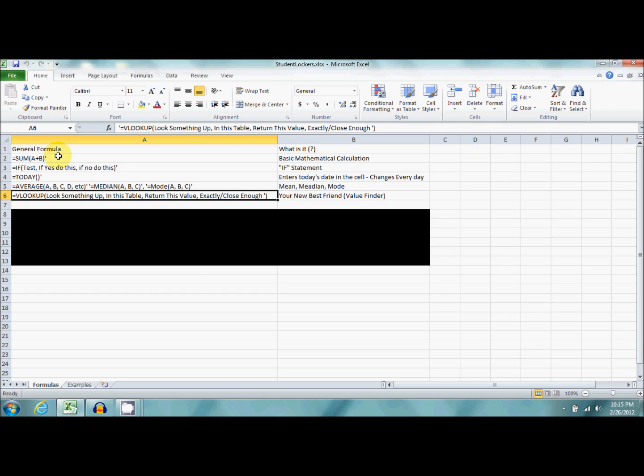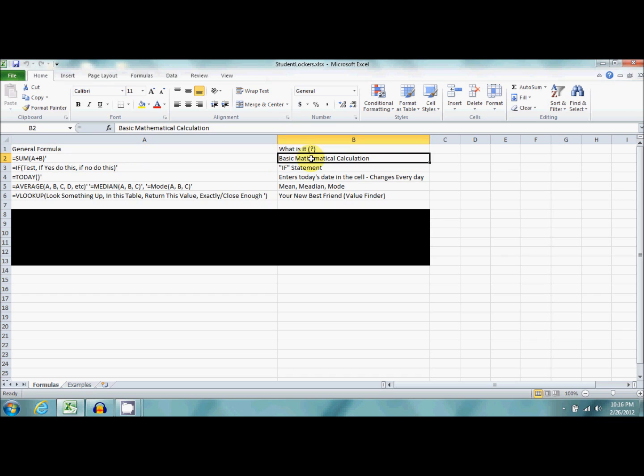Today we're going to be talking about 5 formulas that I've used in my daily work processes and some that I think you might be able to use in yours if you aren't already. To give you an idea, I've written down an example of the 5 formulas we'll be looking at today, and we're going to go through each one and show you how you can use them to the best of your ability. So the first formula we'll be looking at is the sum formula,